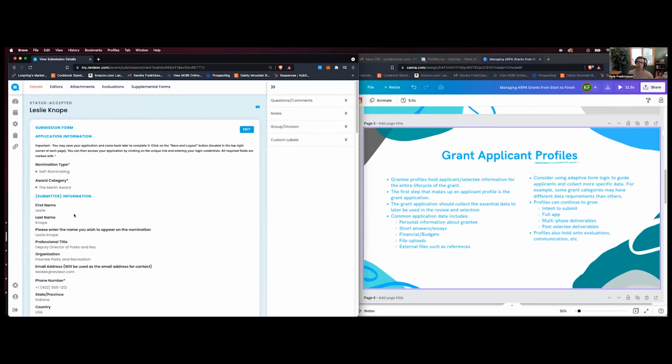With Reviewr, we take all these moving parts and we aggregate them into one centralized hub, which is the grantee profile. Now, the power behind this is that the profile can continue to grow and grow and grow as your program progresses from different phases or workflows, or potentially from year to year. So, it might start with an initial application, which is what the grantee submitted, but then